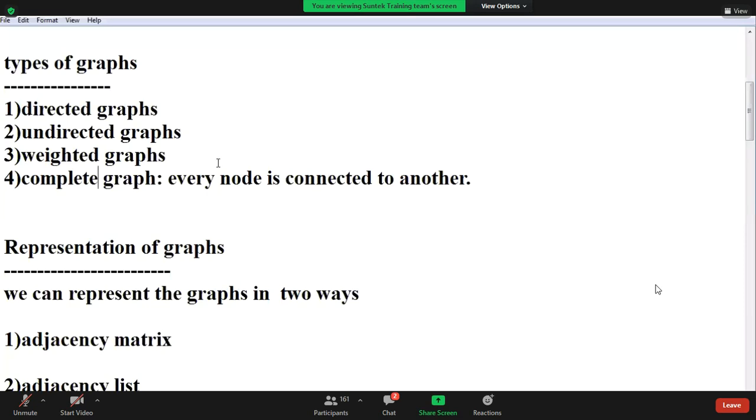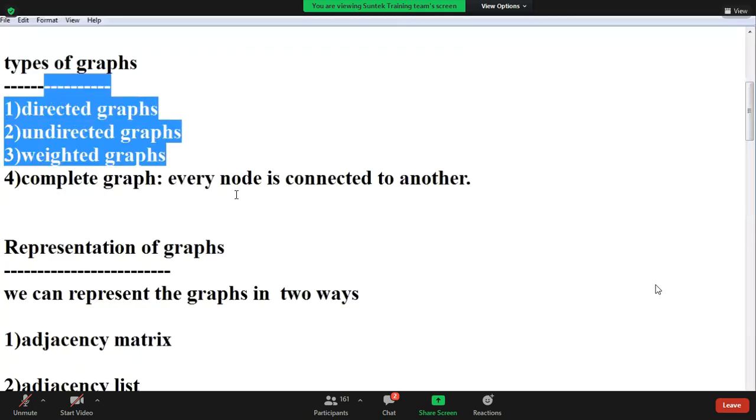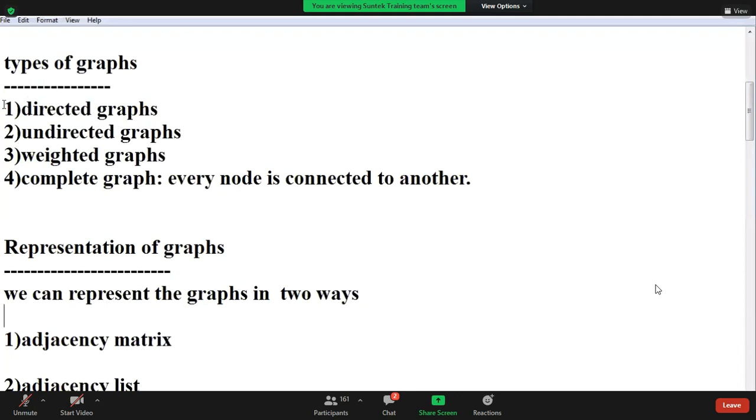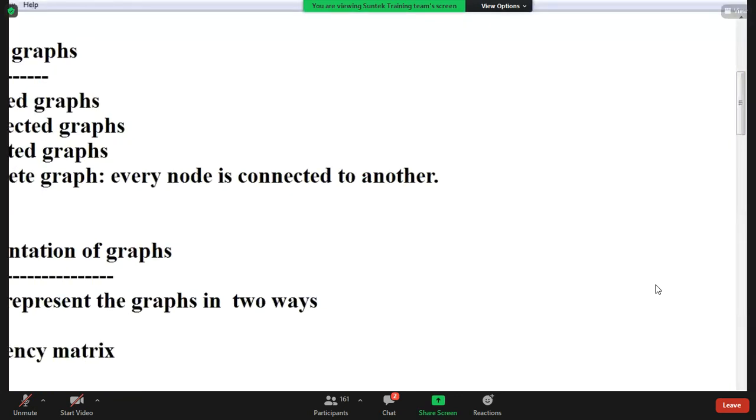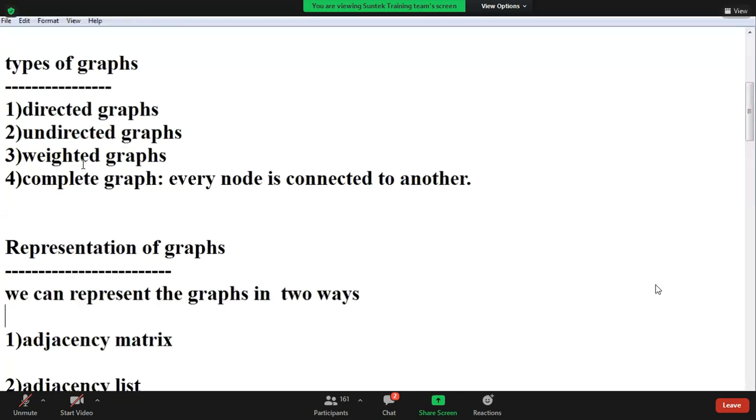Yeah, right. Directed graphs, guys. Diagram. Previously, whatever you have drawn, that is an undirected graph. Sorry, undirected graphs only. Directed graphs. What is a directed graph? Write these four first. Completed: directed, undirected, weighted, and complete graphs.